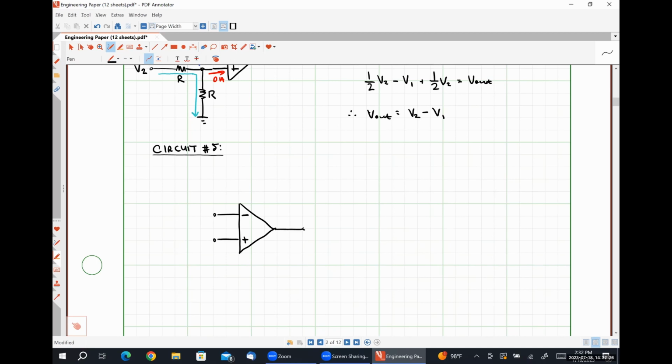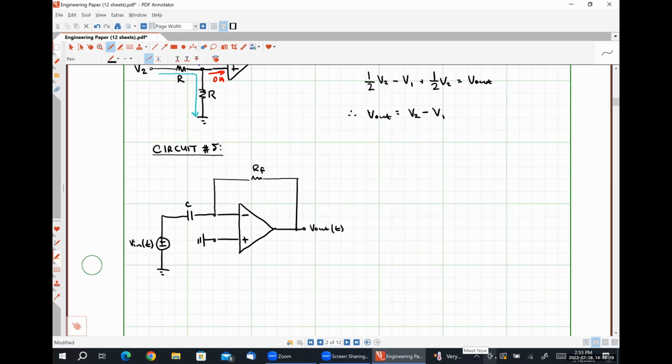So let's see here. Here we have our simple op-amp. I am going to put a resistor here in the feedback path, like so. I'm going to place a capacitor here. And here's where I'm going to apply my input signal. And this is going to be a time varying input signal now, so Vin of t. And I'm going to ground my non-inverting input terminal